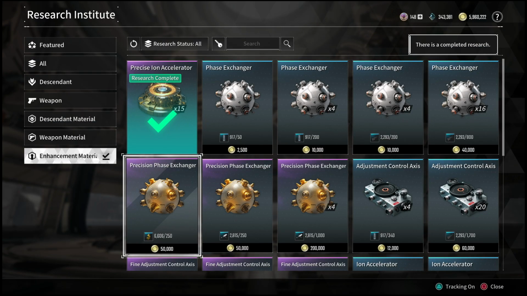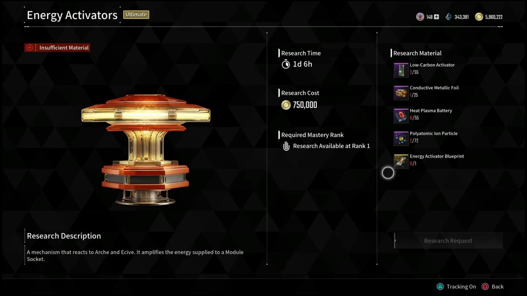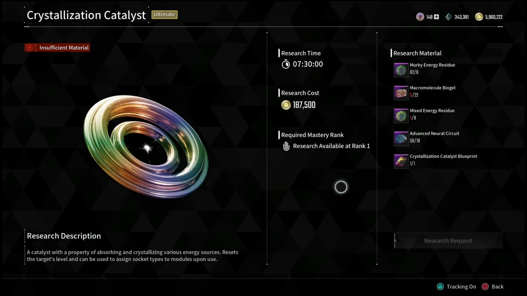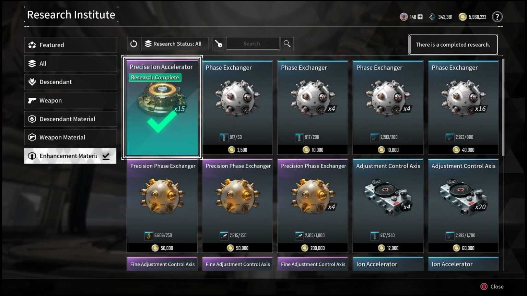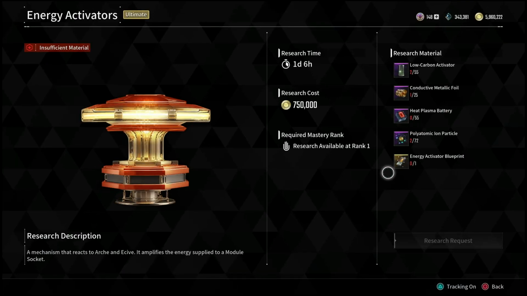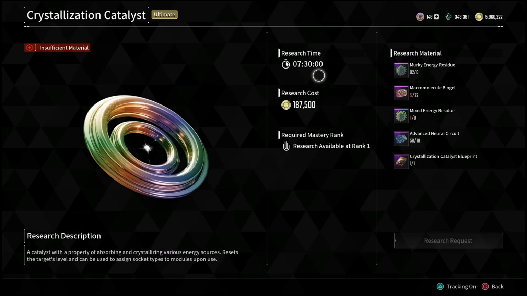So when you come into the resource lab, the first things that you do want to begin to build are going to be these precision ion accelerators and the phase exchangers. You can also start a build of the adjustment control axis, and I'll show you exactly why you will need all three of these items here. They are very important when trying to level up and prepare for hard mode. So start these builds. These don't take as long as the 36-hour components. These might only take 30 minutes or so,